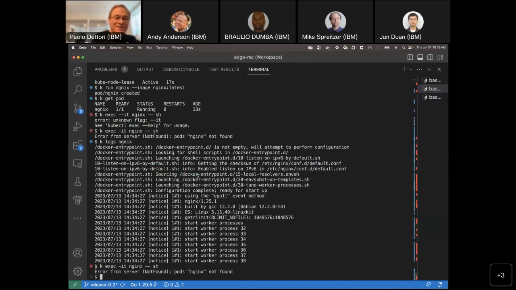Okay, so maybe it's something that I'm doing wrong. But anyway, the point is, in general, this part of the way vCluster works is that you can also interact with these pods. You can do exec, you can do logs, you can do the usual stuff that you do. And just for showing what happens, when I go back to